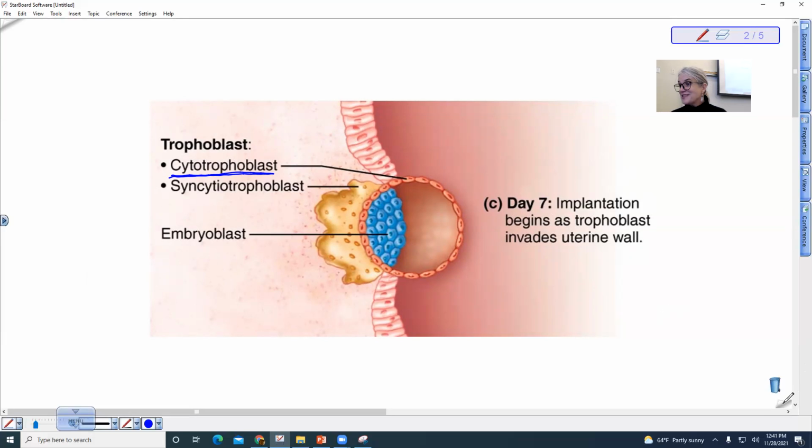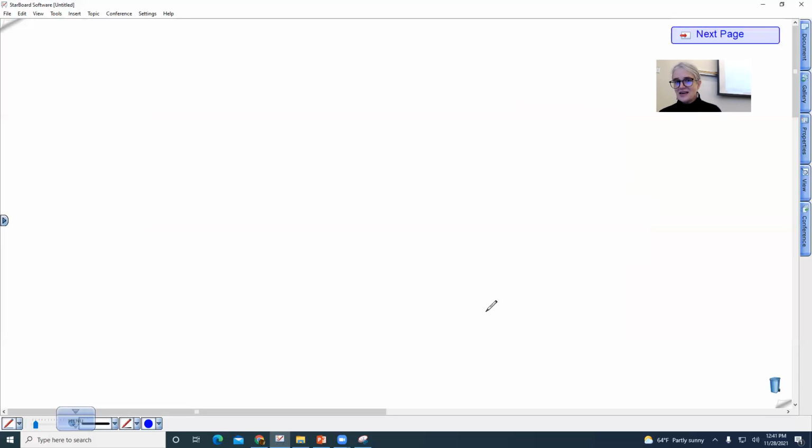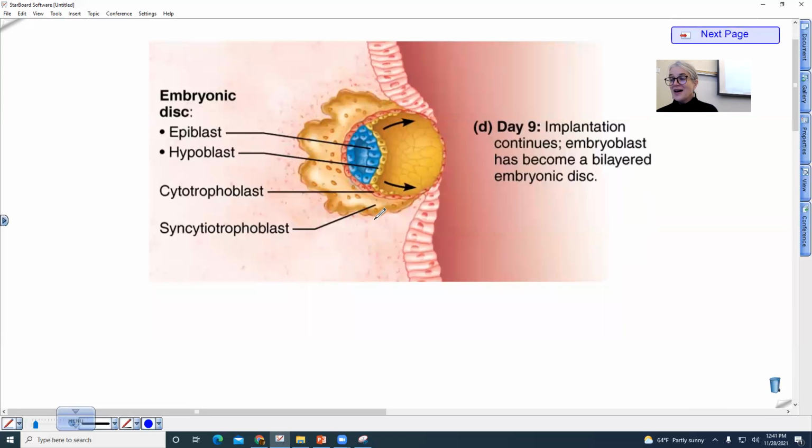So if we look at another diagram here, we can see that this embryo is actually going to become differentiated. So some of the cells are going to differentiate into the epiblast. The epiblast is going to become the embryo, the embryonic disc, as well as the amniotic membrane, so the amnion. And then we have the hypoblast right here, which is in yellow, and that is going to become the yolk